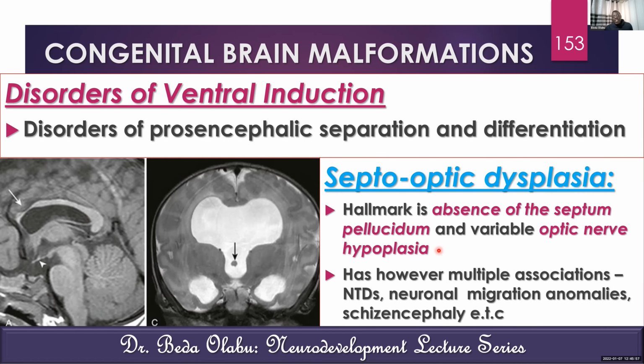Septo-optic dysplasia may, however, have multiple associations: neurotube defect, disorders of neuronal migration, schizencephaly. I'll show you what schizencephaly is shortly. So there could be other multiple associations, so that may not be a distinct anomaly of its own. Something I also wanted to mention, it escaped my mind when we were talking about holoprosencephaly spectrum, is